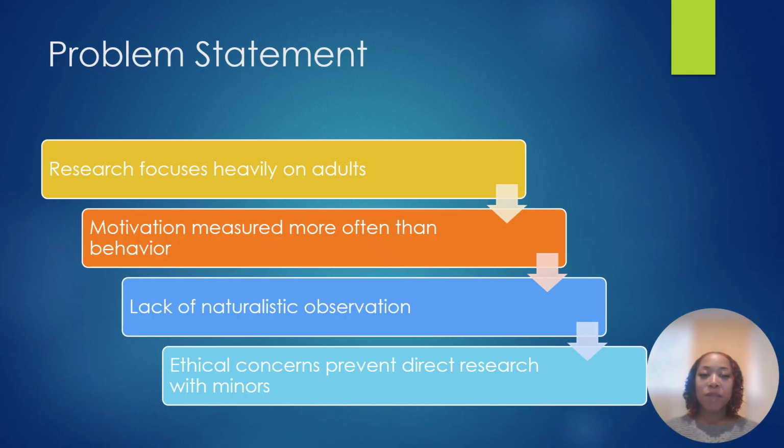Problem statement. The problem is that existing research seldom examines authentic, real-time learning interactions with AI-powered educational apps. Most prior studies rely on surveys, self-reports, or test scores, which do not fully capture how learners engage with the app moment by moment. Additionally, direct research involving minors requires an intensive IRB process, so there is a lack of observational studies focusing on early learners. This lack of real-world behavioral evidence makes it difficult to understand how gamified and AI-driven features truly impact learning and engagement.